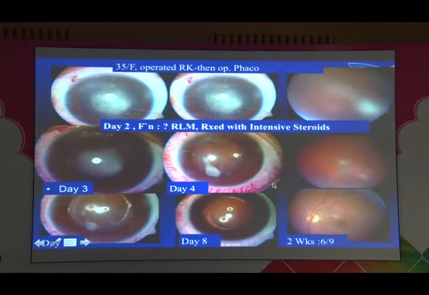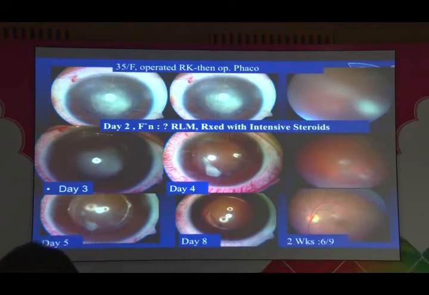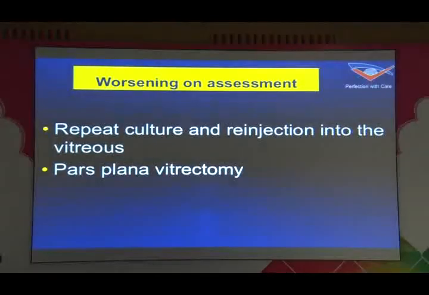This is an example of a patient of a TAS treated over a period of time. The best person to answer whether it's a TAS or an infection is the operating surgeon. The operating surgeon knows how much inflammation has been produced, and if you know, then you should treat it with steroids. Don't jump for a vitrectomy or intravitreal injections. This is another patient who responded well with topical steroids. But once you find that the patient is worsening, you must make sure that you get the culture report, and if you've already given the intravitreal injection, you may have to go in for a vitrectomy.